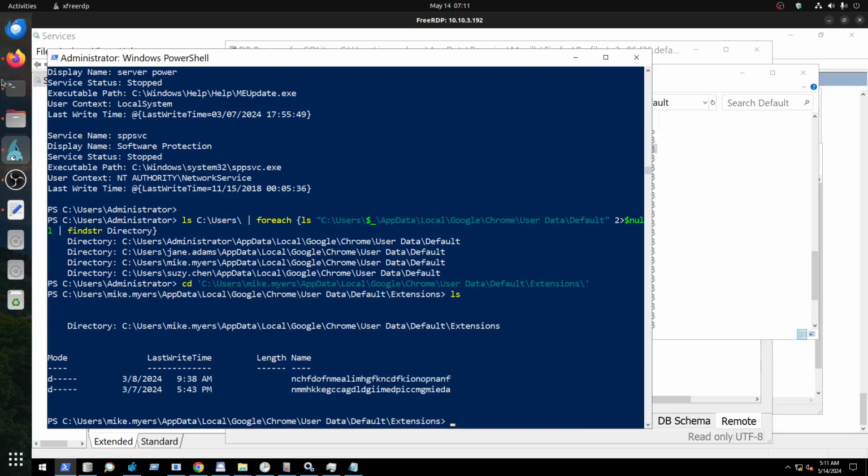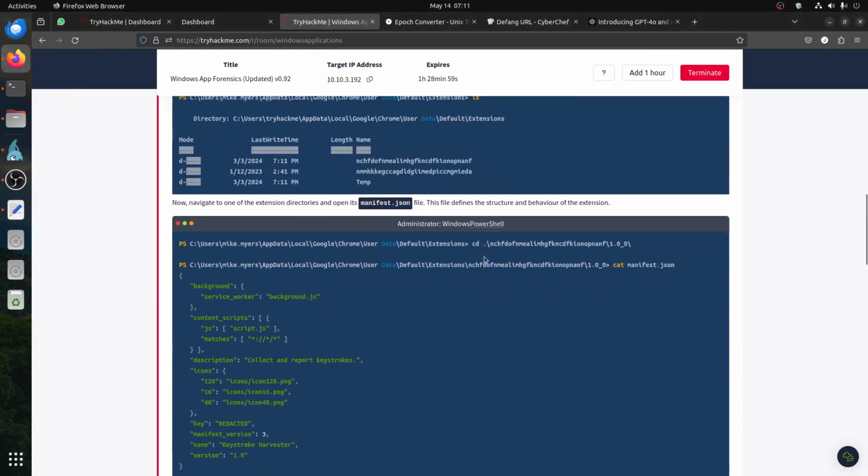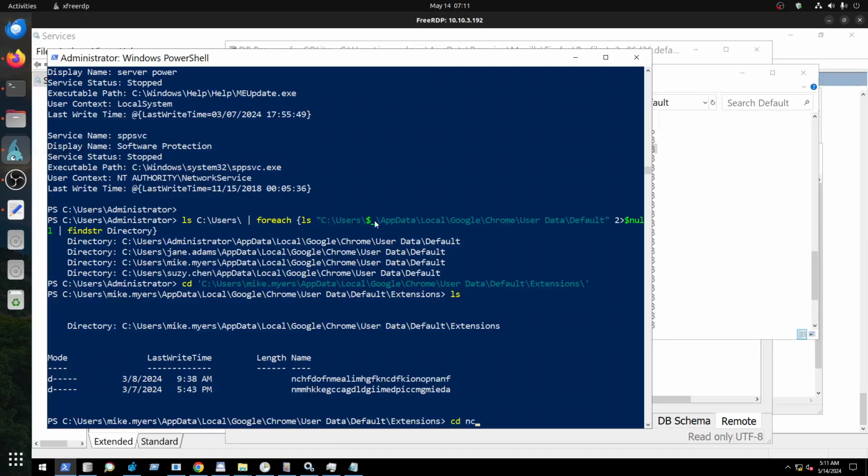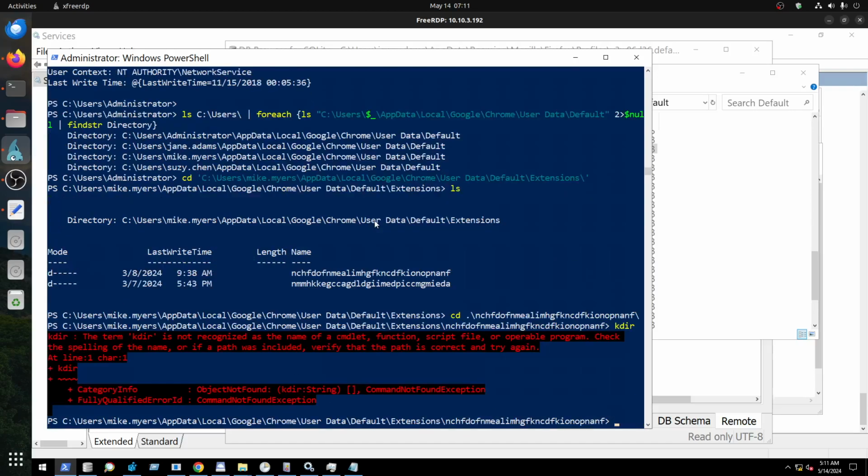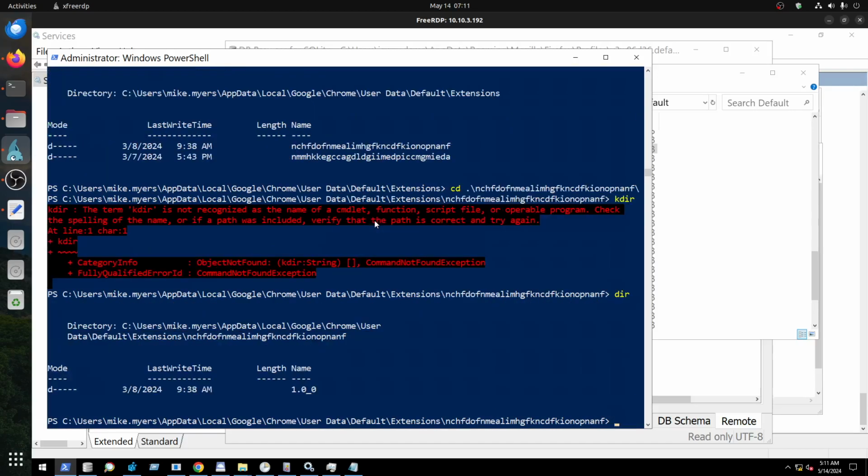We have two directories. Which one? Now navigate to one of the extension directories and open the manifest. So we investigate nch. So you can see the nch directory,